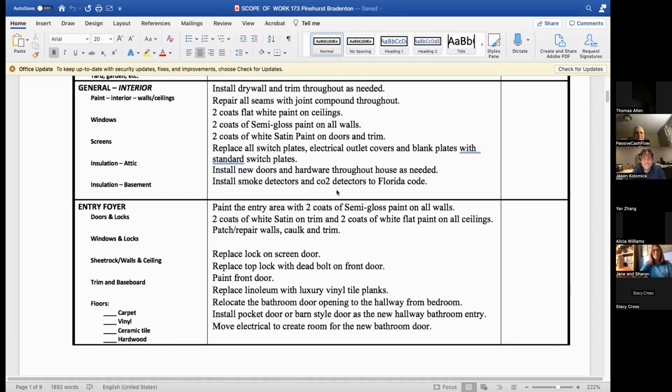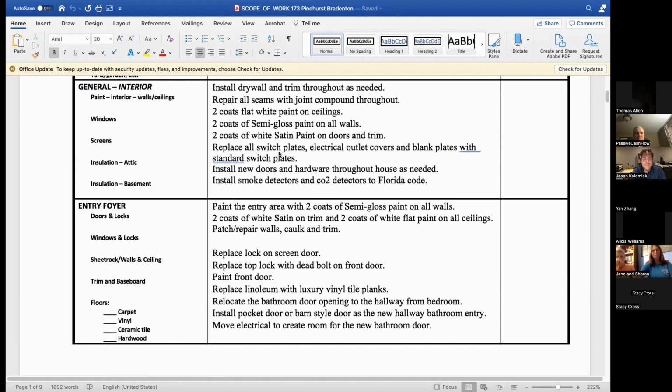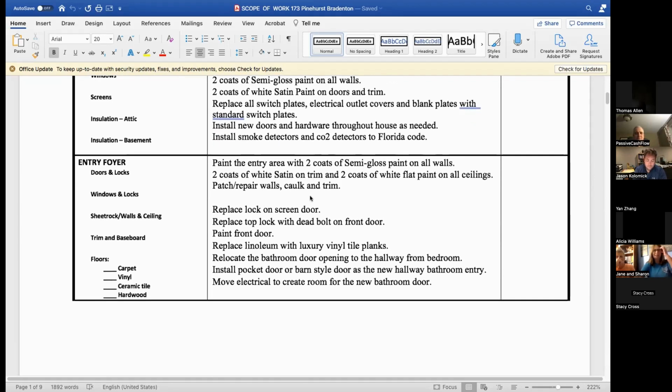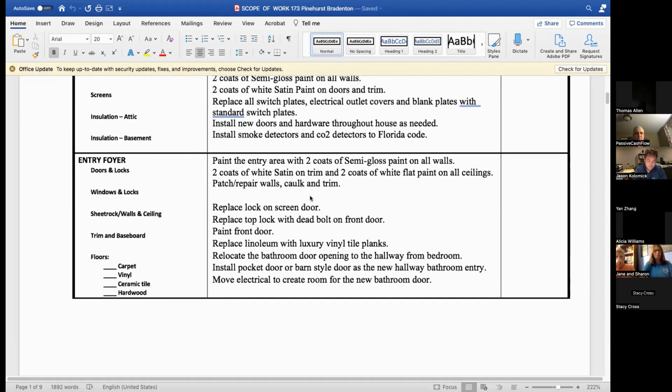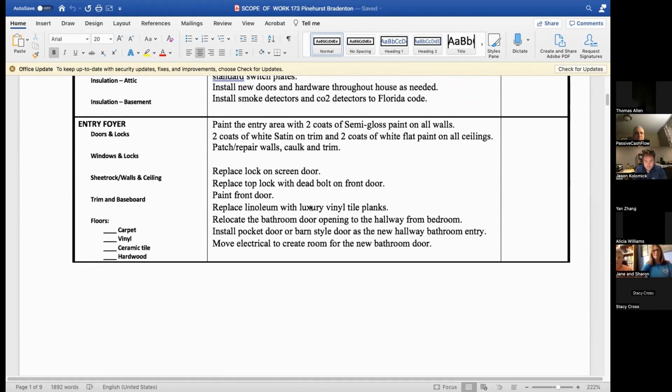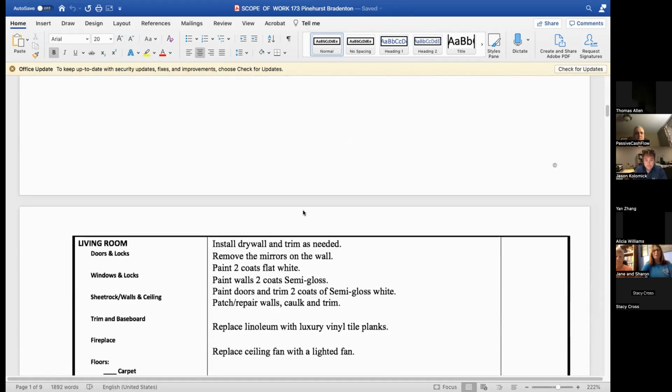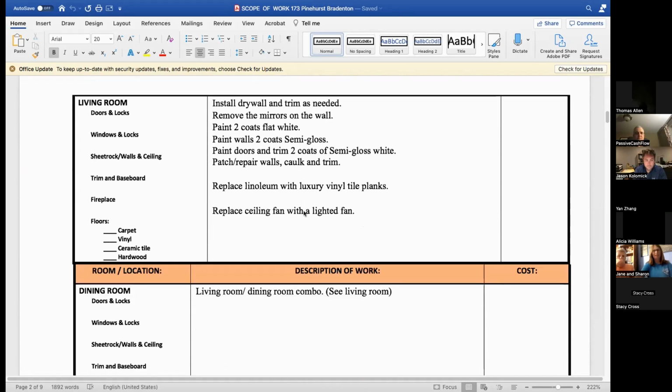And you see how intricate we are because we've learned the hard way. With standard switch plates, sometimes they mess up the wall around it and put the big gaudy oversized switch plates to cover up their work if they're not precise. So you really have to add exactly what you want in there, because if it's not in there, they're not going to do it, and then you have to do a change order and pay extra. And you see this lock on the screen door. I know it seems kind of redundant, but